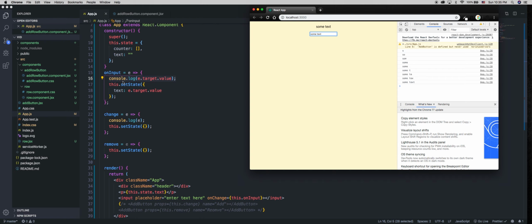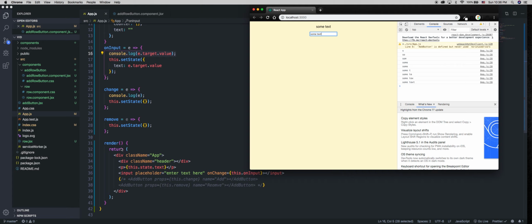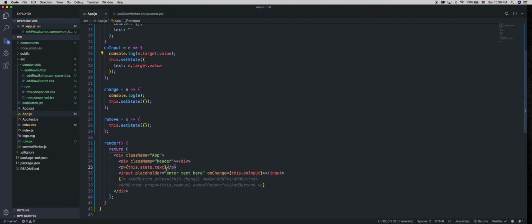And this.setState is pushing the information that we have here up to this state. Whenever anything in the state changes, whether it was text or a counter or whatever value we have, it's going to run the render automatically, and the render is going to update based on what we have. So you can see here that I have the p tag here, and just